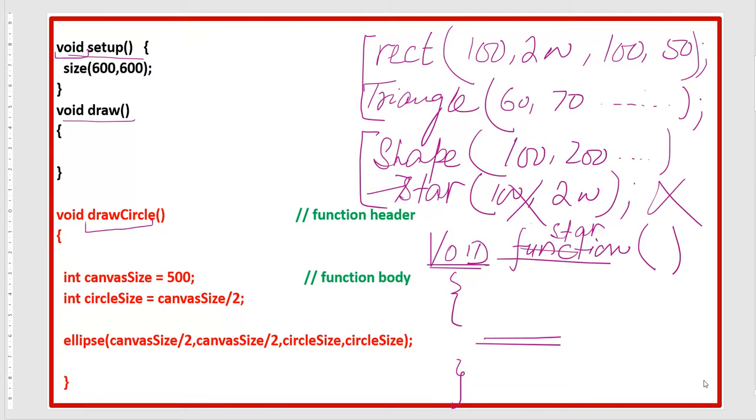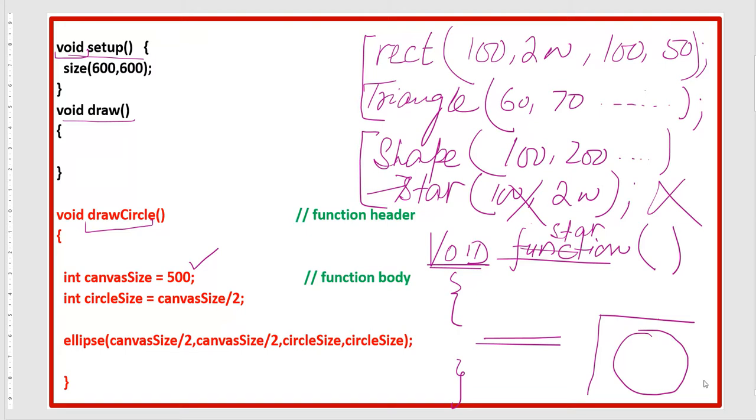Now I am going to make the ellipse. Where will the ellipse be drawn? Here I have initialized 500 divided by 2, so 250, from here 250, and then it will draw our circle here, and these are the radius. So see, I am going to make this.